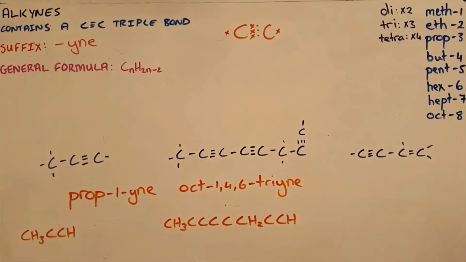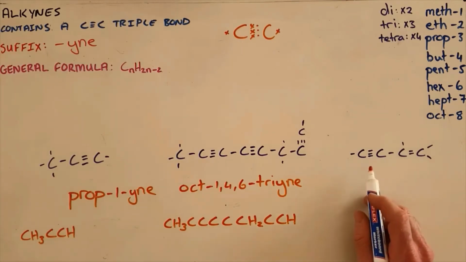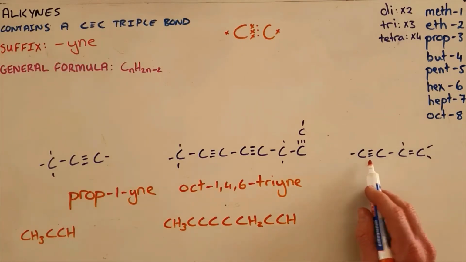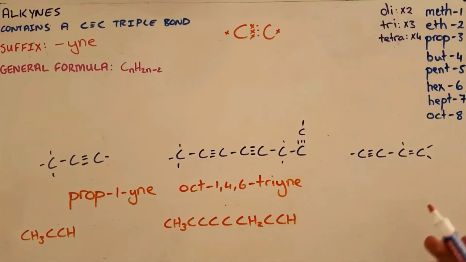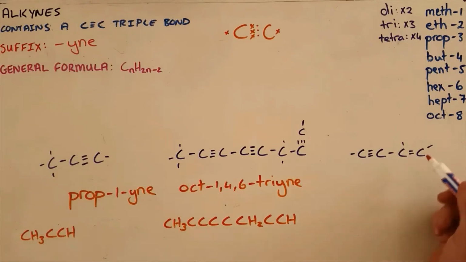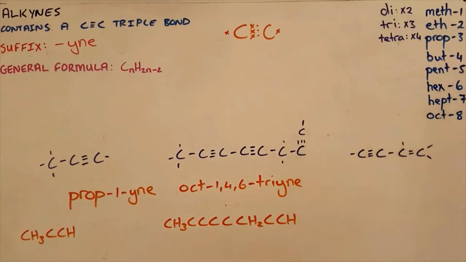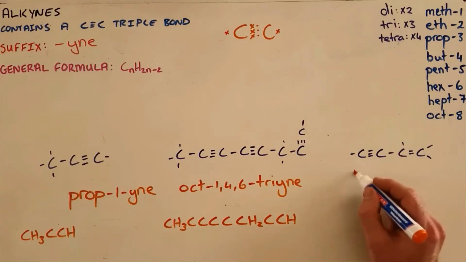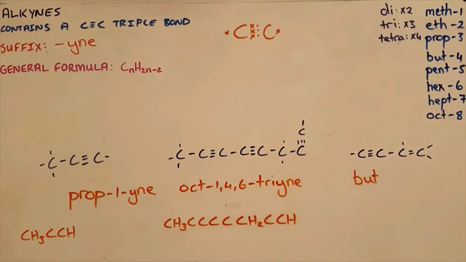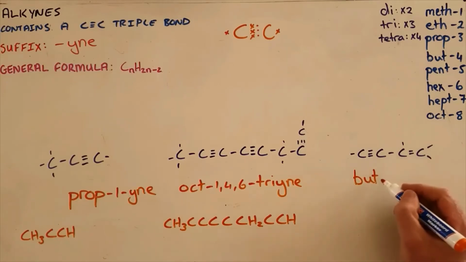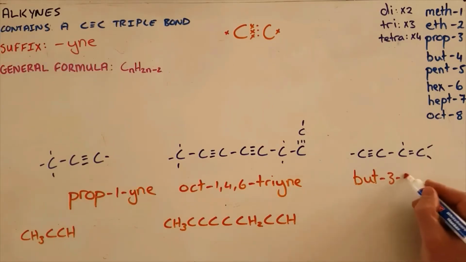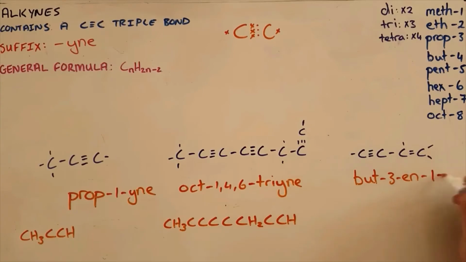And our final example here, we can see that there is a triple bond and a double bond present, which would suggest that this is both an alkyne and an alkene, but the alkyne takes preference over the alkene, so we follow the same numbering pattern. 1, 2, 3, 4. This is a but molecule. And what we do to indicate that there is a double and a triple bond is we say that this is but-3-en-1-yne,